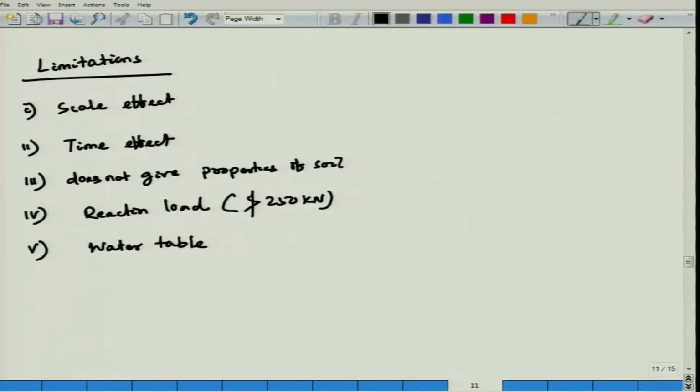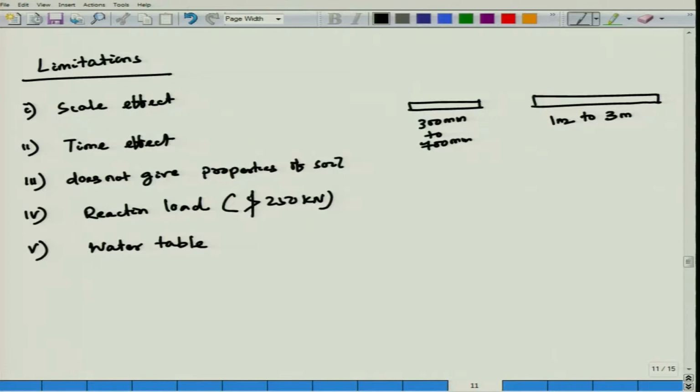If you look at here scale effect, generally what happens? Plate size, I put it in this way, this is my plate size, generally it is 300 mm to 700 mm. Now, look at the foundations or actual footing size. Footing size generally varies from 1 meter to 3 meter or more. What is scale effect? Now, the pressure intensity of this plate will be, this is your pressure bulb. So, generally the influence will be